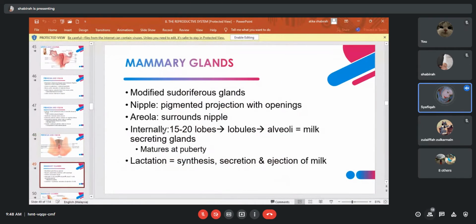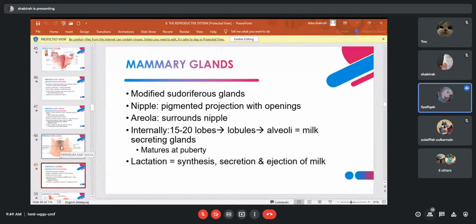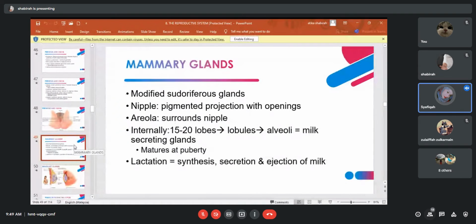So, okay, next is mammary glands, which is also known as breast. Mammary glands modifies sudoriferous gland, which is dia terdiri daripada nipple, pigmented projection with opening. Also kita ada areola surrounds the nipple. Each breast ni dia ada 15 until 20 section called as lobes, dan each lobes tu dia ada has many smaller structure called lobules. Lepas tu this end in dozen of tiny bulb, alveoli, it can produce milk. So for female reproductive cycle,